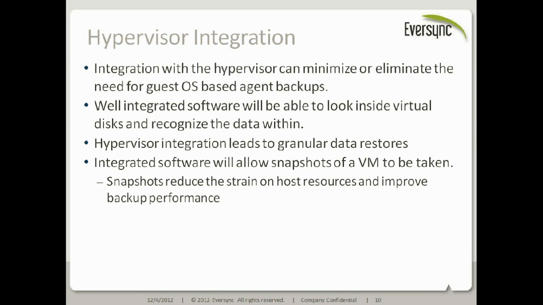You obviously want to be able to get inside the VMDKs if possible and restore individual pieces rather than having to restore an entire virtual machine. And you want your backup to be able to take a snapshot of the VM and back up that snapshot. That way you can get a self-consistent set of files without interrupting the operation of that virtual machine.